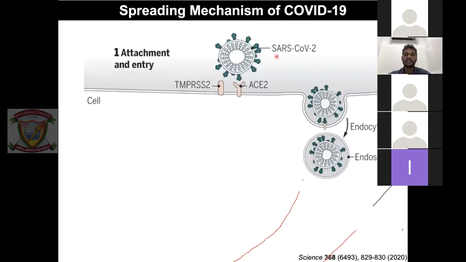But this virus is really smart. It basically hijacks the human cell system such that this protein can also recognize virus proteins. So the spike protein is recognized by ACE2, and these two come together and bind strongly, as you can see here. Then there is a protein called TMPRSS2, transmembrane protease, serine 2. What it does is fuse the virus with the human cell. It cleaves the membrane so that the virus can enter inside.